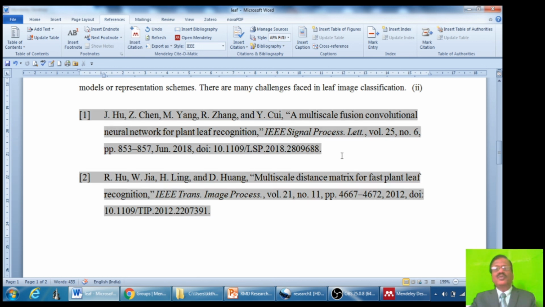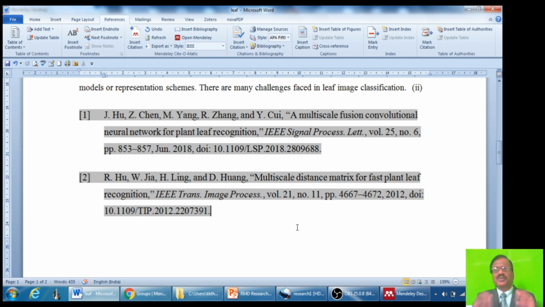Now if you do this manually, it is really very difficult. Specifically, when you are writing review papers, you will be referring to 100 to 200 papers. In that case, at the end, if you think to move one paragraph from the end of the article to the top place, then you have to change all the numbers manually.